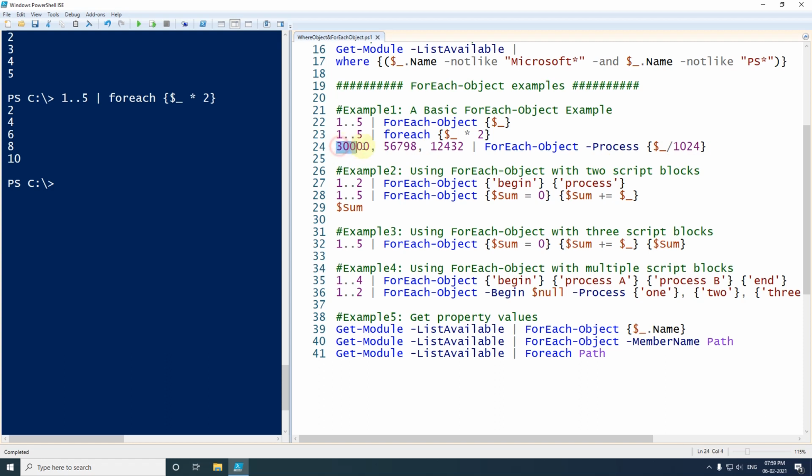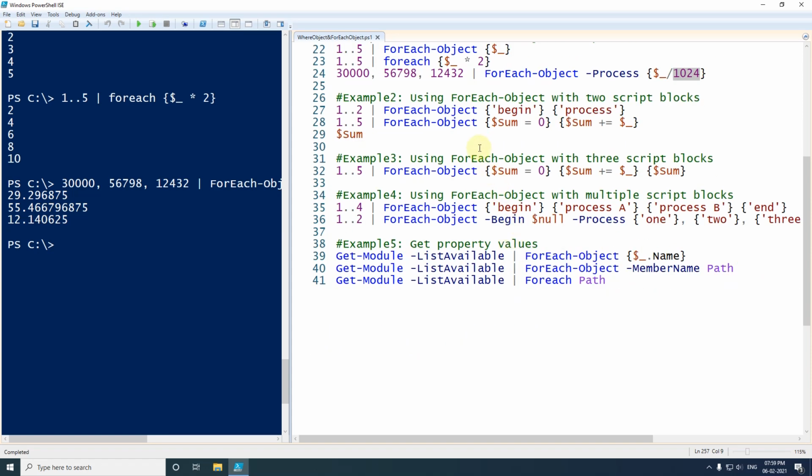One object will be passed at a time, and the operation will be performed, and in the next step the second element will be passed. So if I execute this one, you can see that all the elements have been divided by 1024, then printed on the screen.